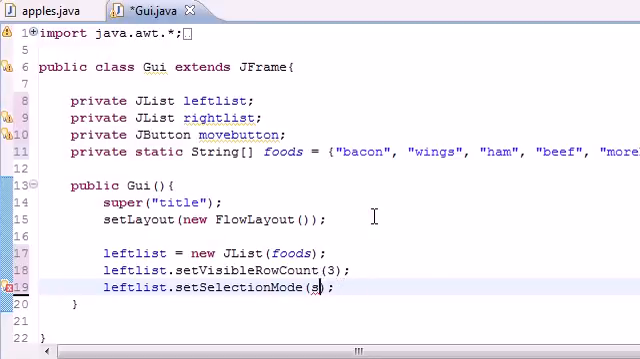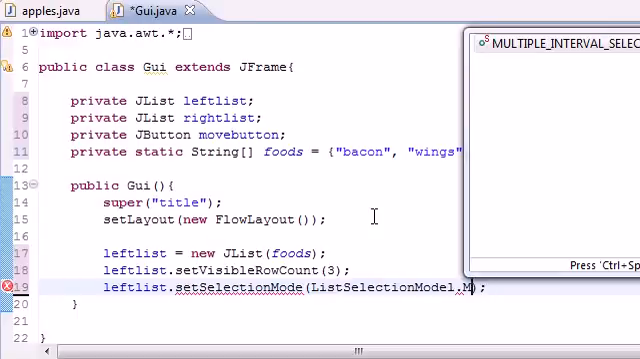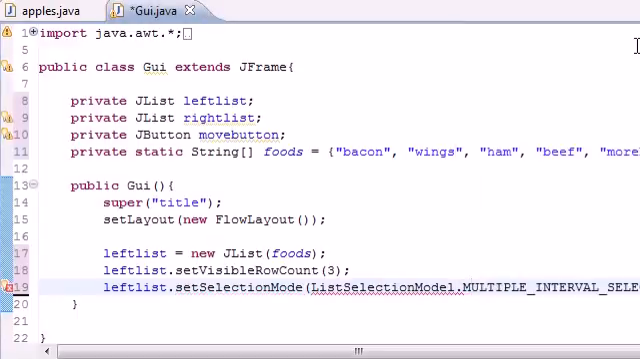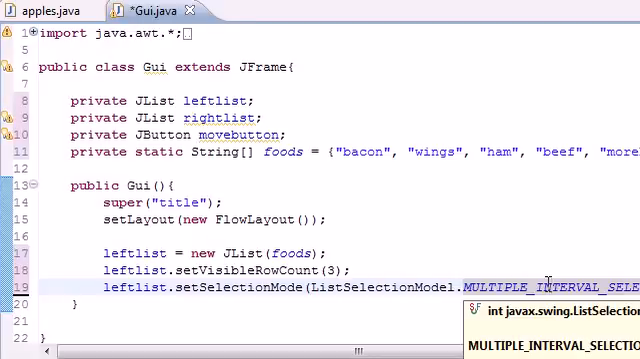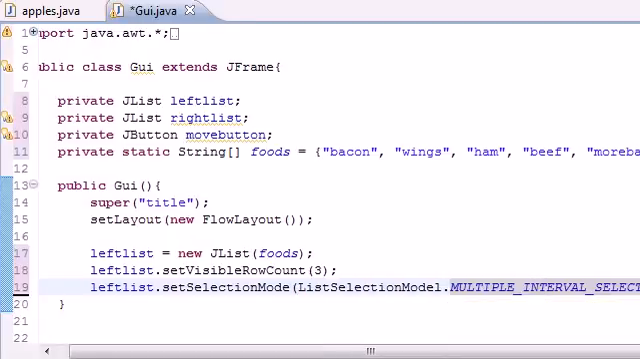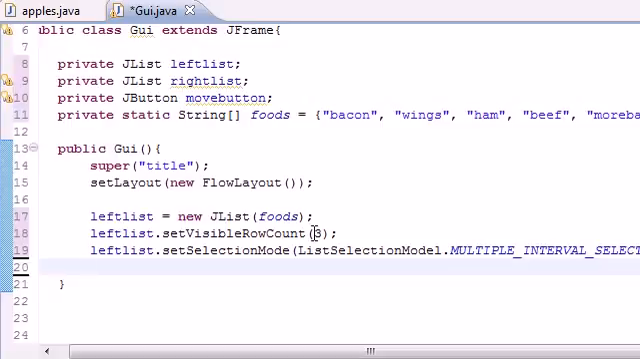And our selection mode, unlike before, is going to be list selection model dot multiple interval selection. What this means is, unlike last time where you could only select one thing at a time, with multiple interval selection, using the control and shift keys on your keyboard, you can select multiple items at a time. So now the last thing that we need to do to our left list is add it to